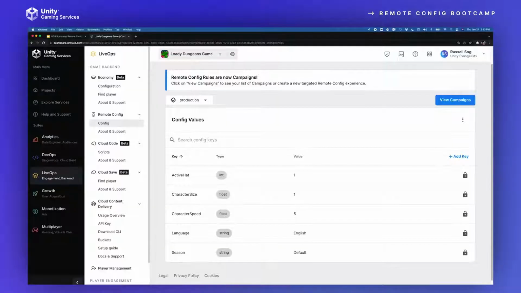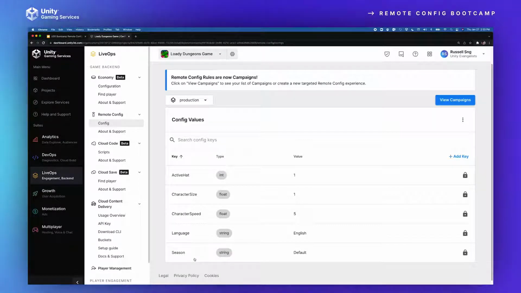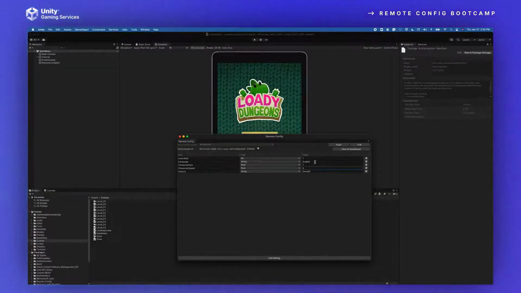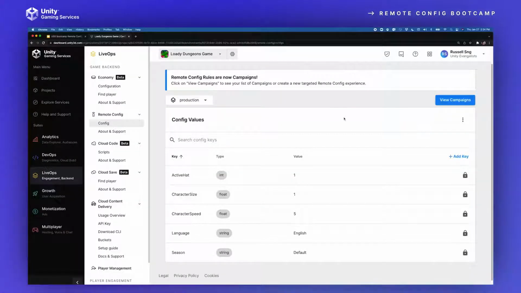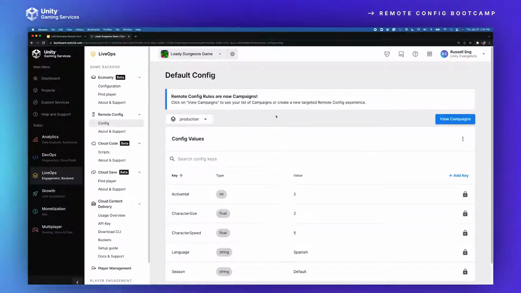These ones match in the UI in the Unity editor, and if you go back to the UI in Unity, you'll see that these match exactly. And if I were to change these settings to 2 and this to Spanish, as well as the character size to be bigger, and push those settings from the Unity UI, you will see on the dashboard, if I reload the page,